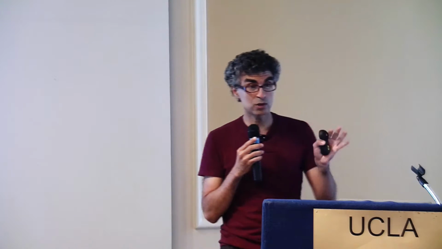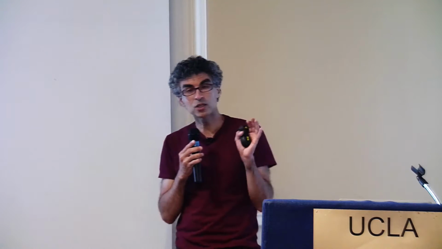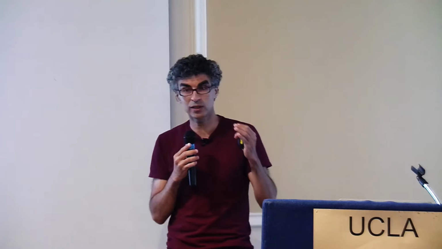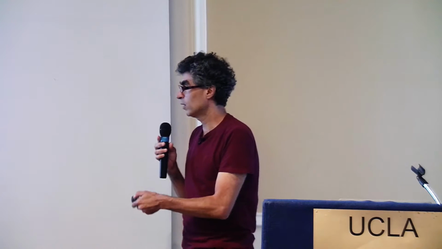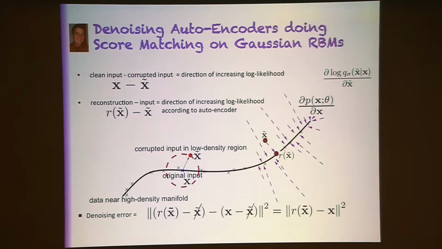And that's just what nature tells us, right? It just comes out of the fact that we're working with these high dimensional spaces in which the data is concentrated in low dimensional structures. And just by virtue of that, the difference here is a very strong indicator of the direction of the score. Starting at x tilde, this vector is a score at x tilde. Okay, so that's what nature tells us, and what the model